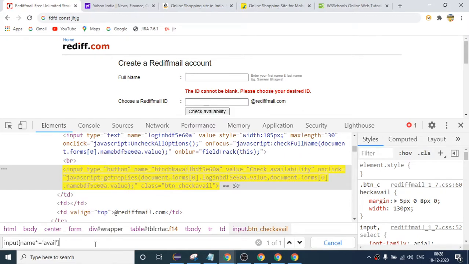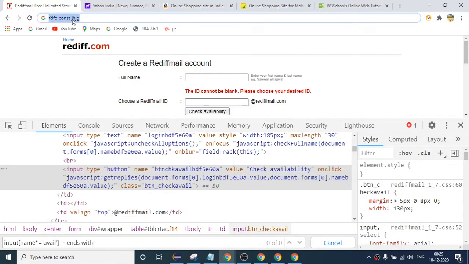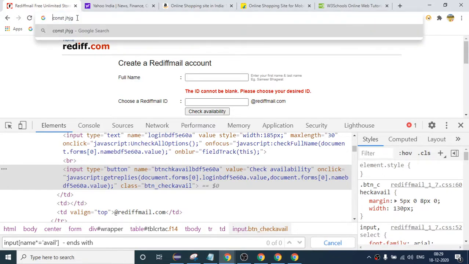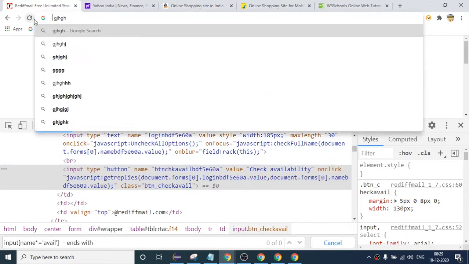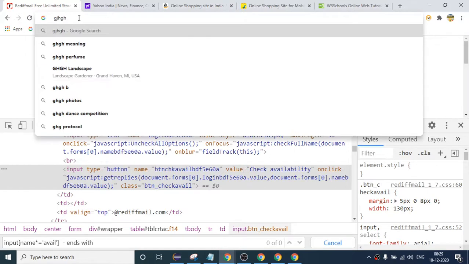There is one more, you can also use ends with here. In XPath I have told you that XPath is not supported by this browser, but CSS is supported, right? So you can also use ends with. We will use ends with when this first part keeps on changing and the rest of the part will remain constant.